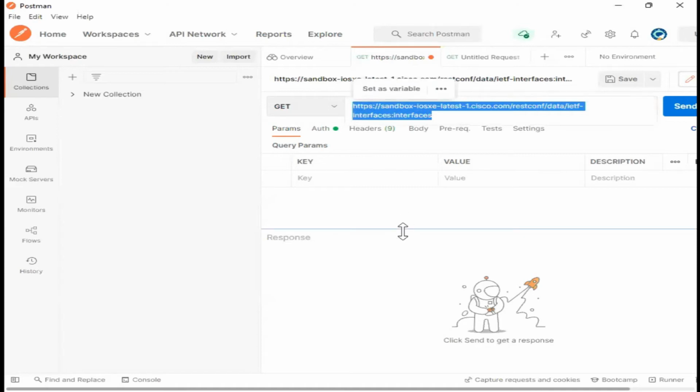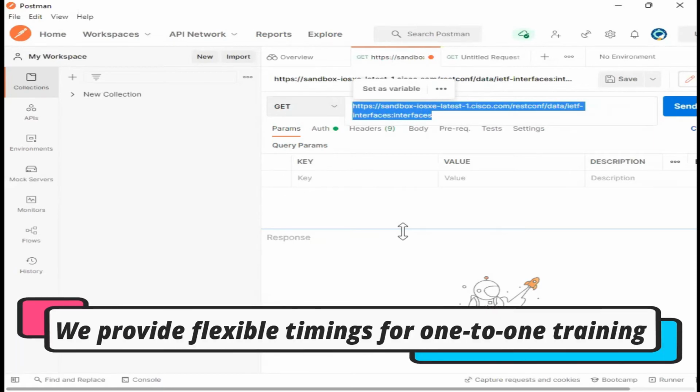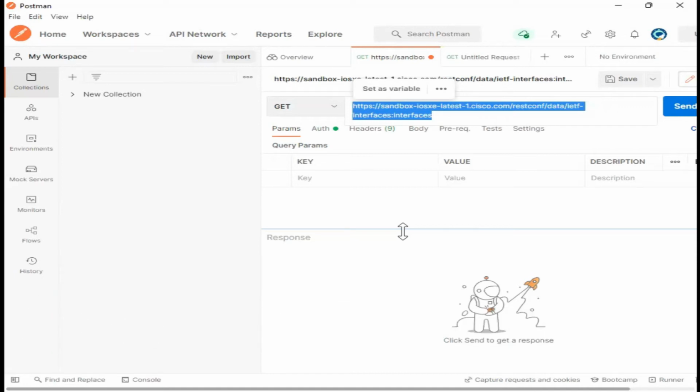Every vendor has their own API calls, which we can see from the documentation provided by the vendor. IOS has a different API call. If it's supported, IOS XE, a different API call. NX-OS, a different API call. F5, different. Palo Alto, different. Currently, this is the limitation.